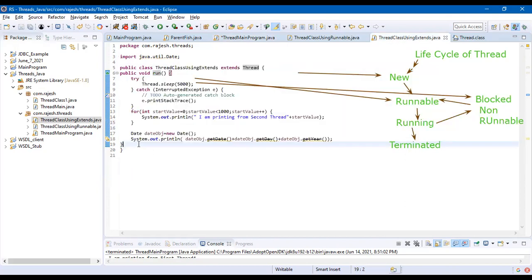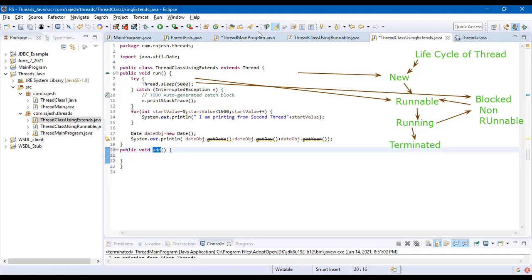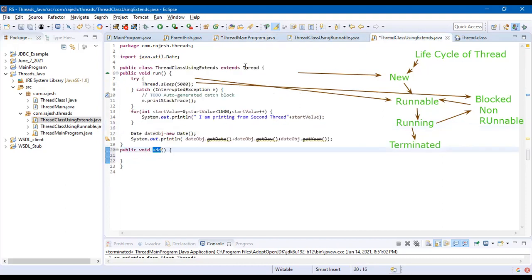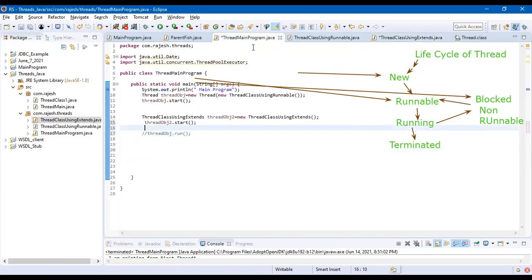Like if I have a function here, public void add, what will I do? I will use the syntax, right? Class object equal to new class, and object dot add. This is how I'll call it. So if you call run, it is the same as how we call a function. That will not be considered a thread, even though you have extended the Thread class. So you have to call the start method for the thread to start.